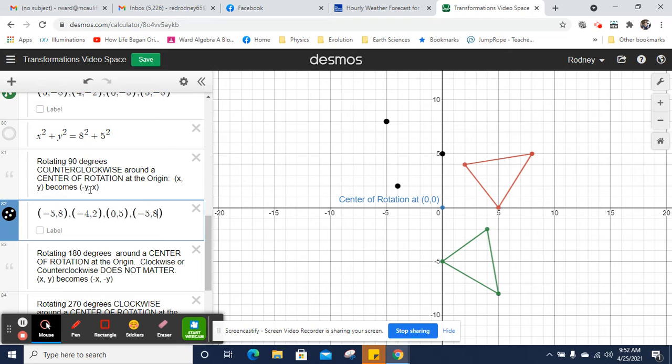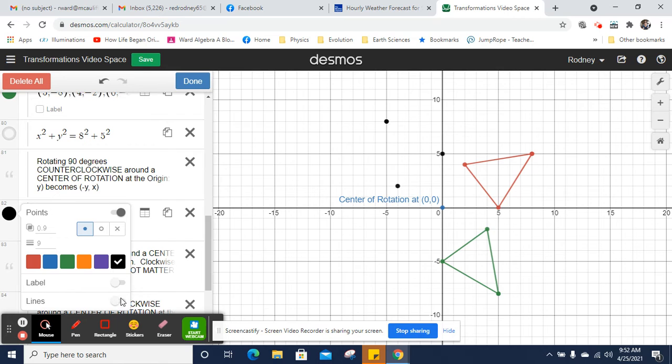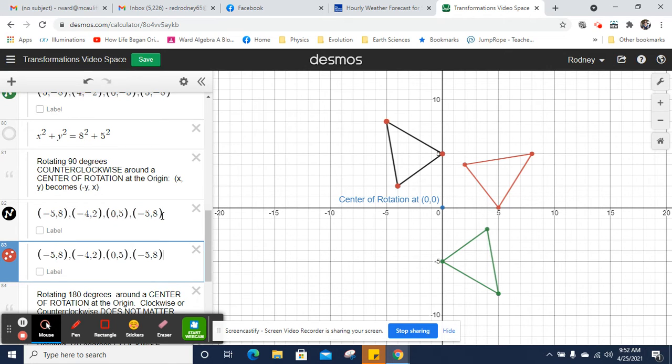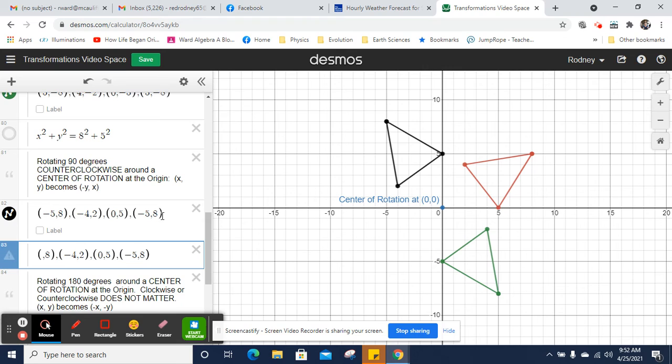So what's happening here is whatever my x and y are, x and y are swapping, and the old y, which is now the new x, is changing signs. Okay, so if I were to rotate one more time, I'll go ahead and give this line so it's a triangle-y thing. If I were to rotate one more time counterclockwise, we're going to end up switching the x's and y's again. So that negative 5 is going to become the new